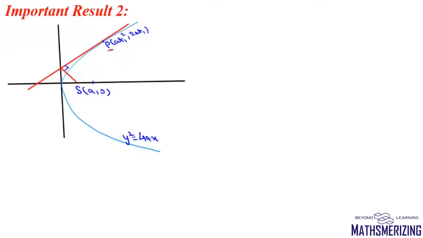So we'll write the equation of tangent at P. The equation of tangent at P will be ty equals x plus at square. Now we'll find this point where this tangent intersects the y-axis. Say this point is Q. So for point Q, we'll put x as 0, we'll get y as at. So coordinate of this point Q is (0, at). We need to show that this Q is the foot of perpendicular from focus.